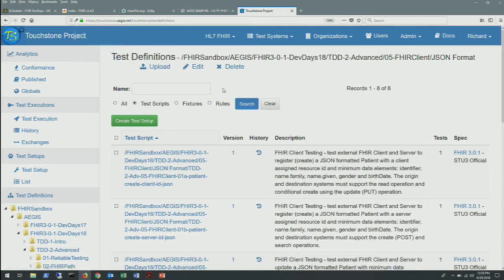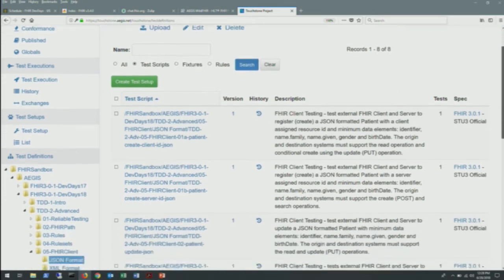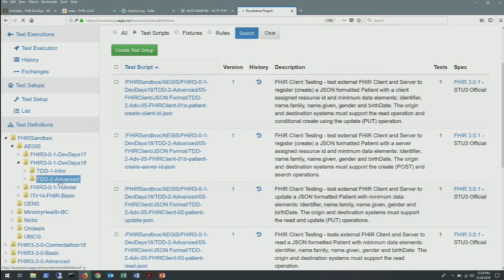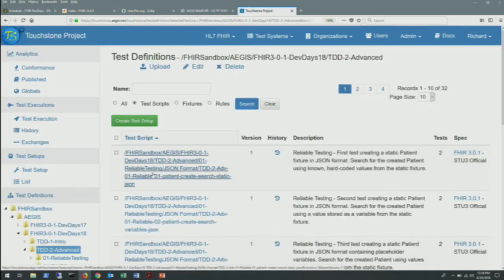One of the things that you are probably going to be interested in is, if I want to take a look at rules and rule sets, let me just click at this level here, just to illustrate this. The test definition interface has some filters up here. Right now, we're only looking at just the test script resources. But if I wanted to look at everything under this folder structure, I could click on all, or I could actually just focus on rules and so forth. If I click on all,